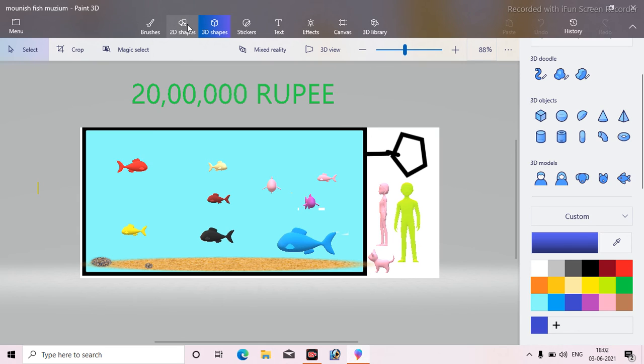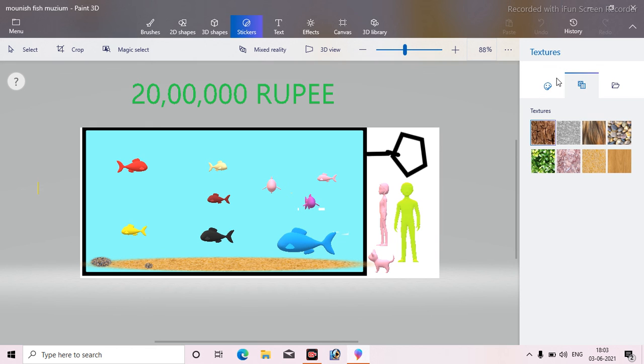I have used two options. First is 3D shapes. I mean, from here I can take man, girl, dog, cat. But I have used cat and fish and man and girl. And the second option is stickers.